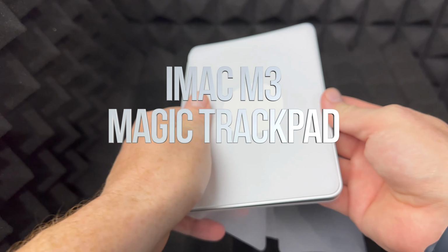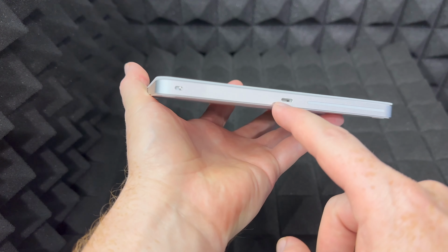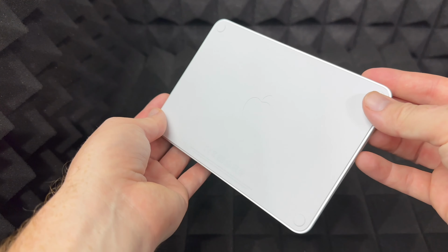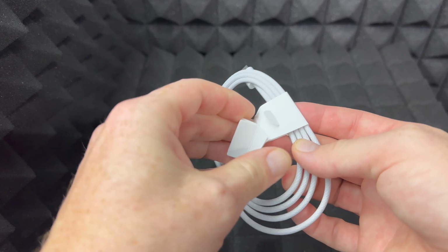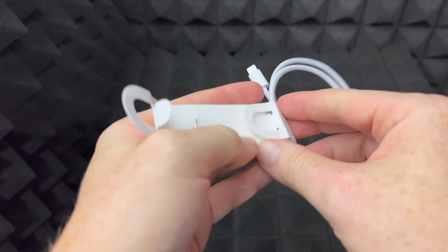This right here is our trackpad. Standard trackpad, that's where you would charge it up with. And this is to turn it on and off. Apple logo on the back, all very standard. Here's the cable that came with our iMac, and this is exactly for that, to charge our keyboard and charge